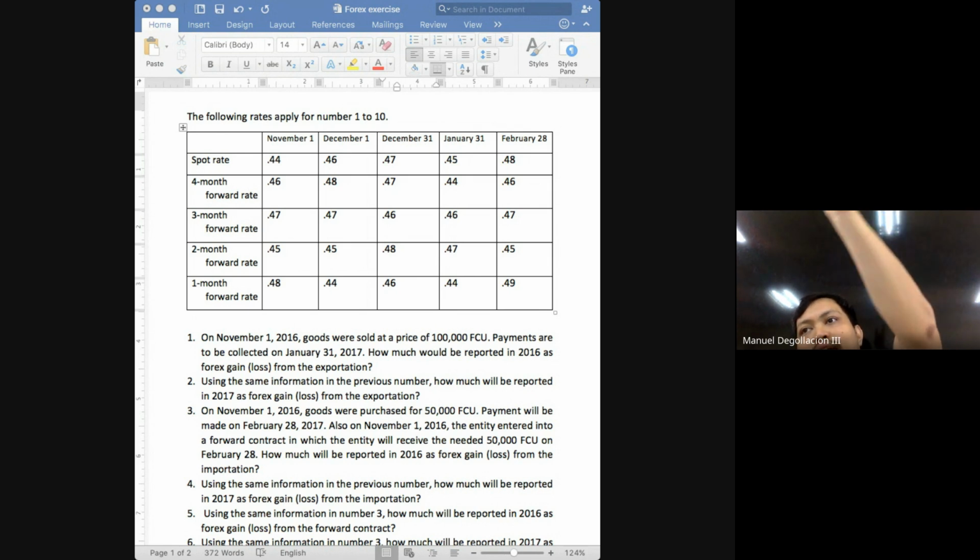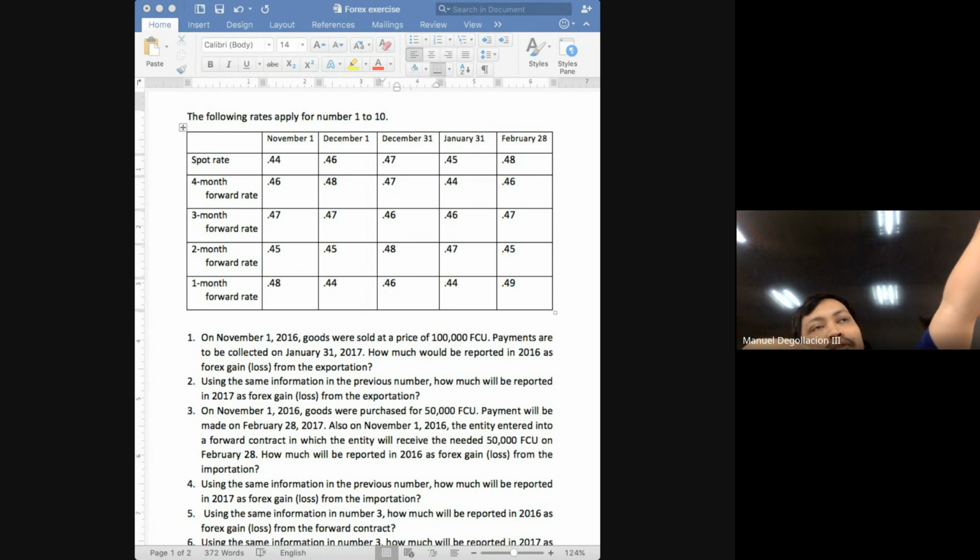So that's why you'll have to regularly update or adjust the balance of this amount. Because in reality, your receivable is not 44,000 pesos. Your receivable is 100,000 foreign currencies. But when you report it in your financial statements, the value of your 100,000 foreign currencies is no longer 44,000. It is now how much? How much is the value of your 100,000 foreign currencies on December 31? 47,000. And how did you get that one? 100,000 times 0.47. That will give you 47,000.